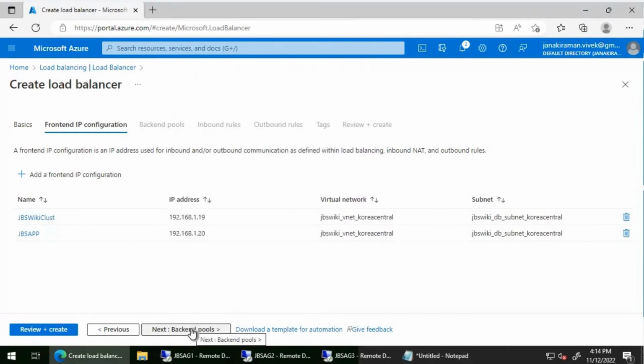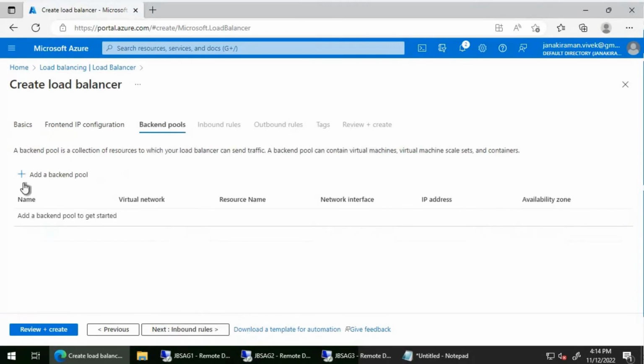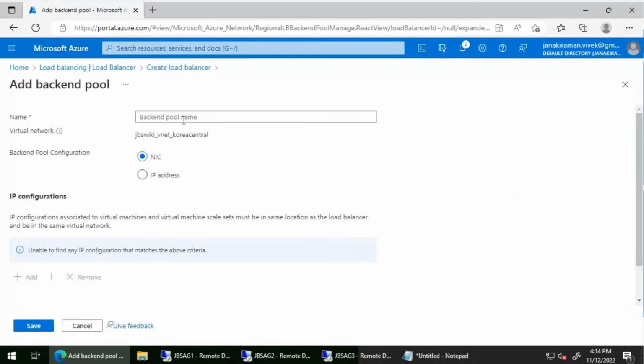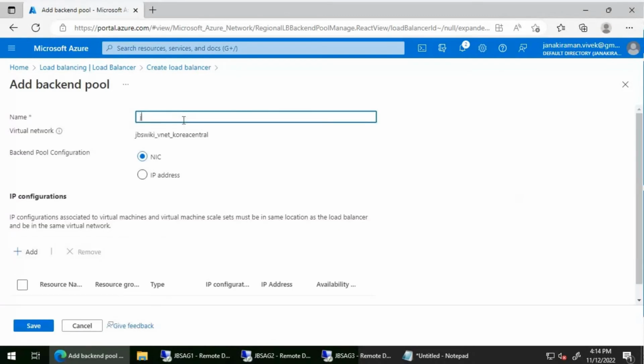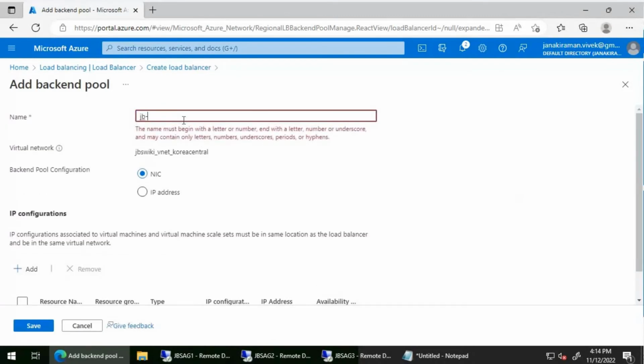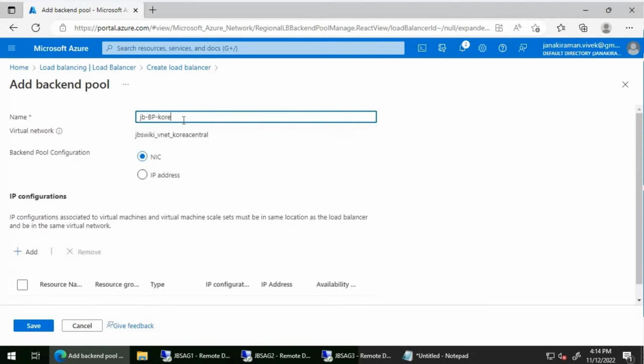Okay, so let's click on next backend pools and then add the backend pools. Let's click on add, and then let's name it JB-BP. Okay, we have copied it. So we will name it Korea Central. And let's copy it off, and we'll have the backend pool configuration as NIC, and then let's click on the